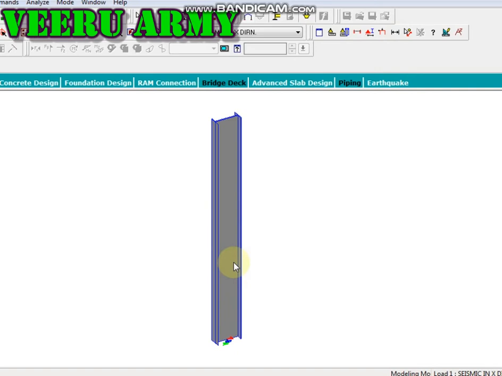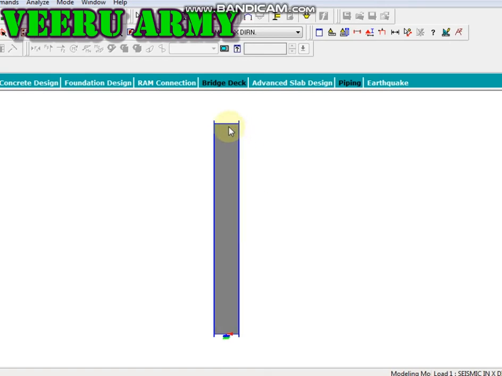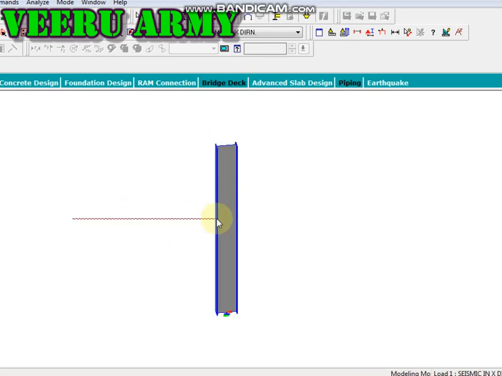So what are the local axes of this member? For this column, the local y axis of this member is this, and the local x axis of this member is this. And the local z axis of this member is along its flanges. This is the z axis. When we apply load on the column, for example wind load in a PEB structure on the column flanges,